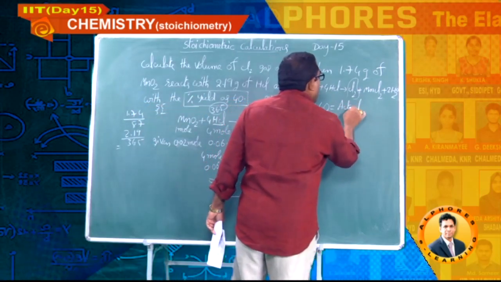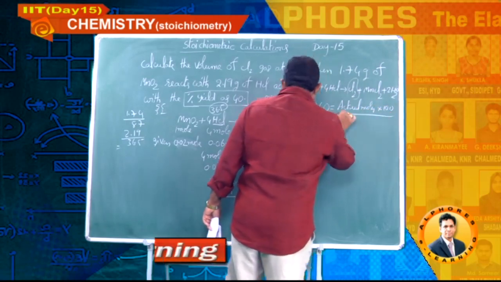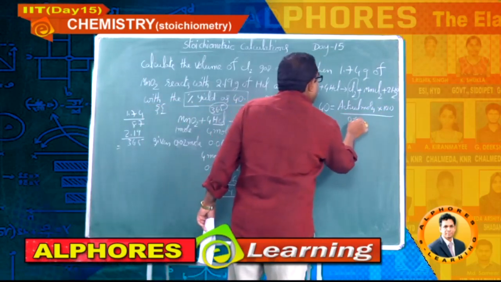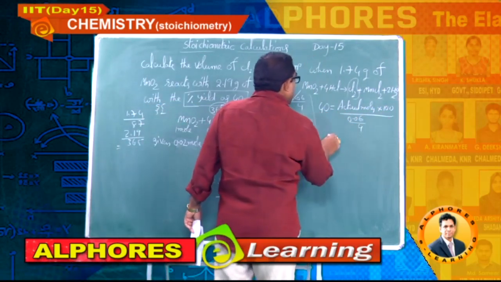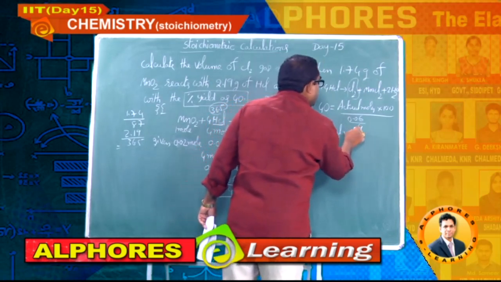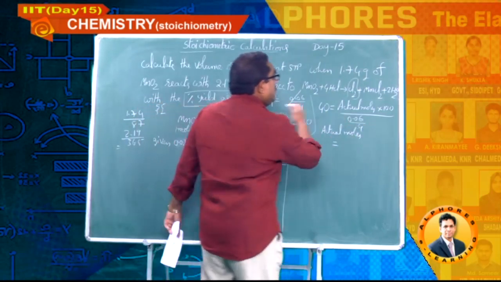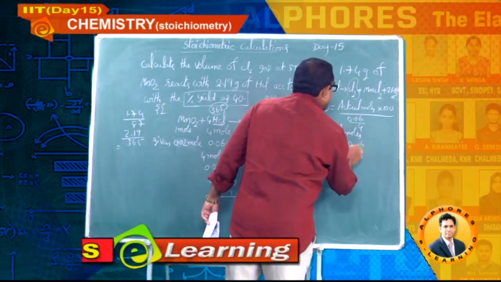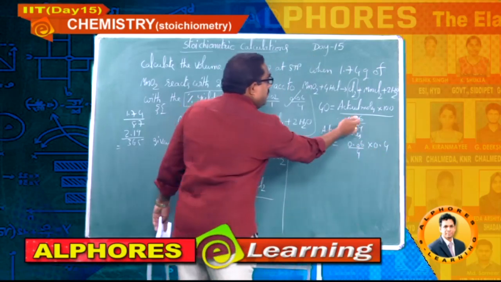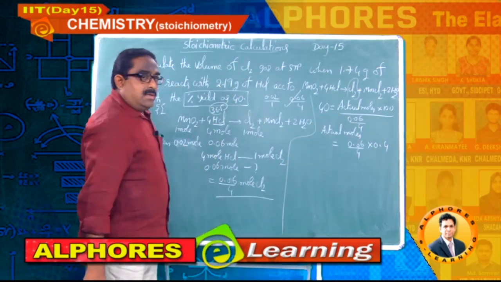Actual moles into 100 divided by theoretically calculated moles, 0.06 by 4. So actual moles is equal to 0.06 by 4 into 0.4. I have taken this to this side and that one. So